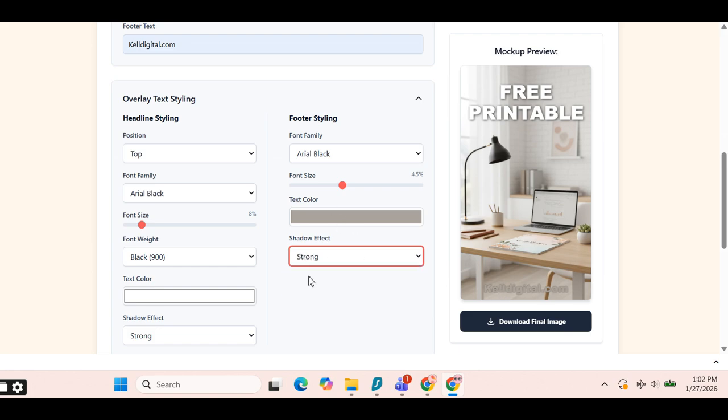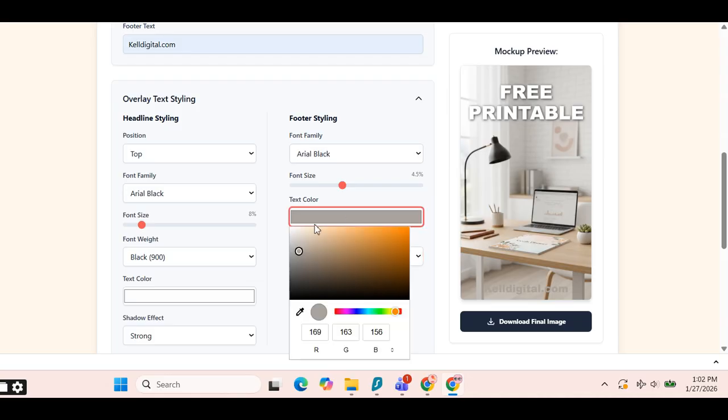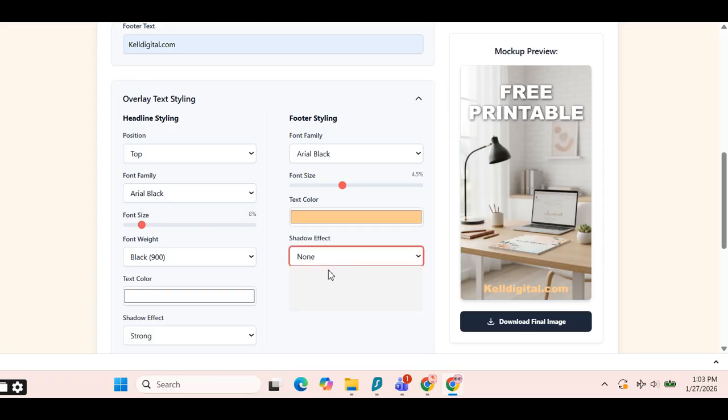So it's not great. So we can just change it to another font, another color, just like this one. Okay, so this is beautiful. And we put a strong shadow. See how beautiful this is looking, and we can make this larger or make it as small as we want. You see how easy this is? Ooh, this is so cool,